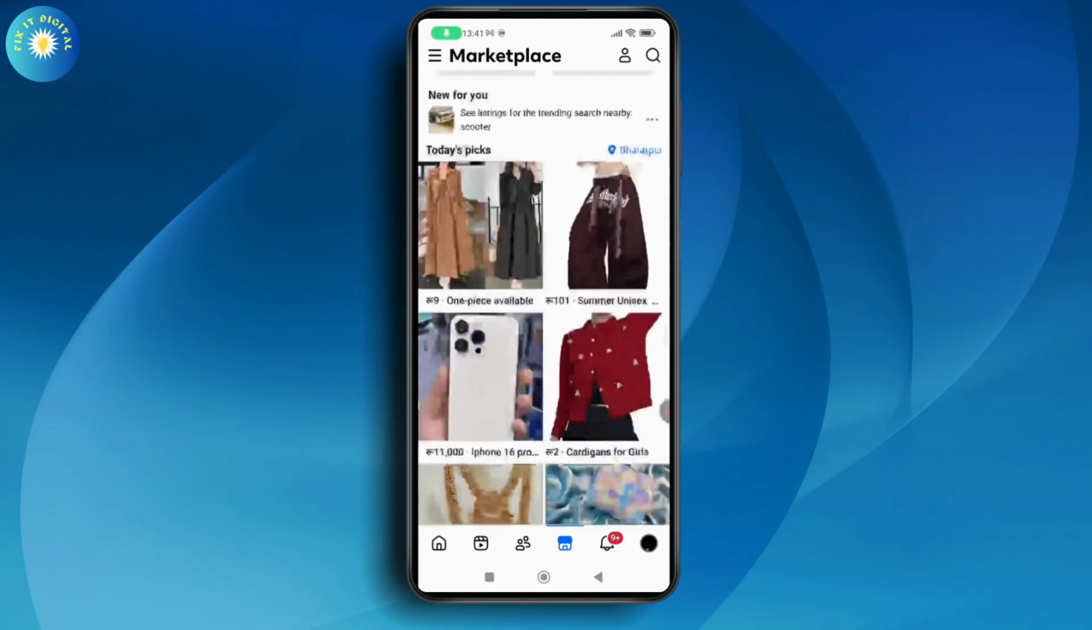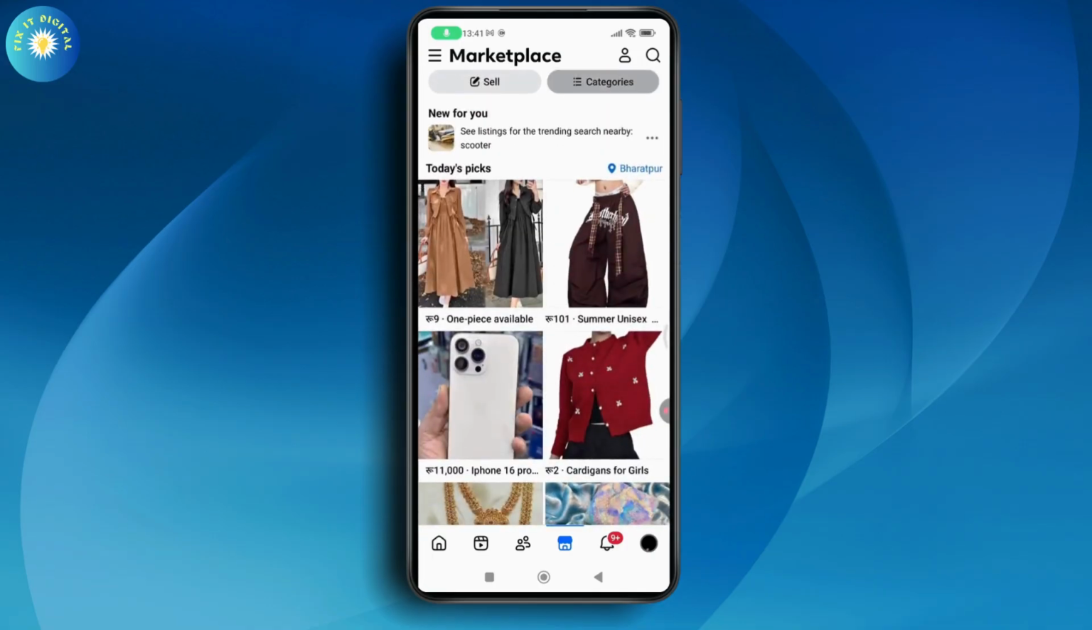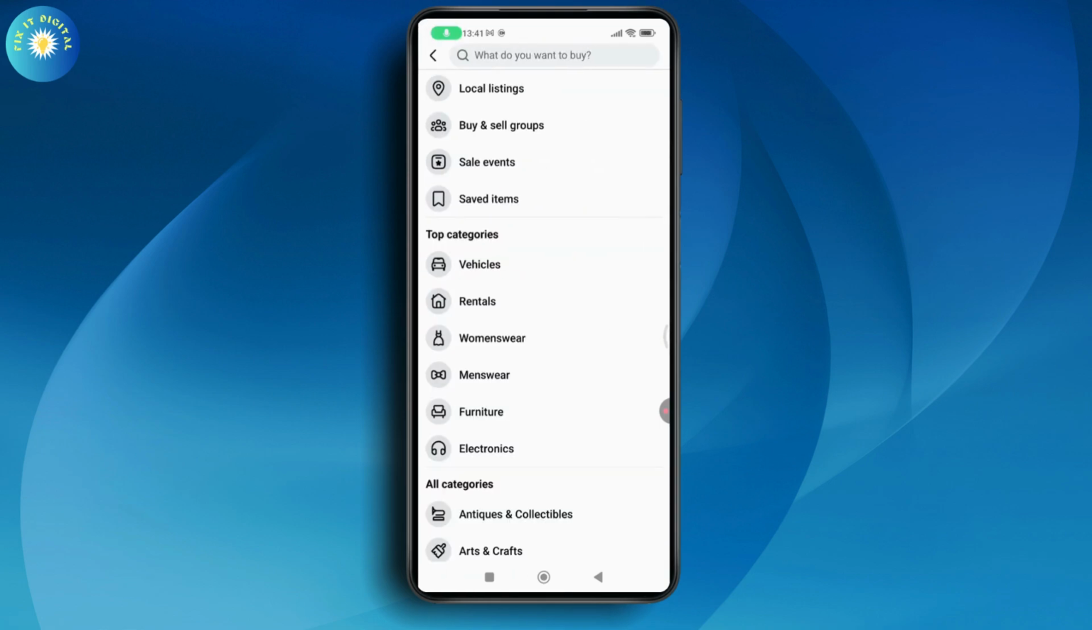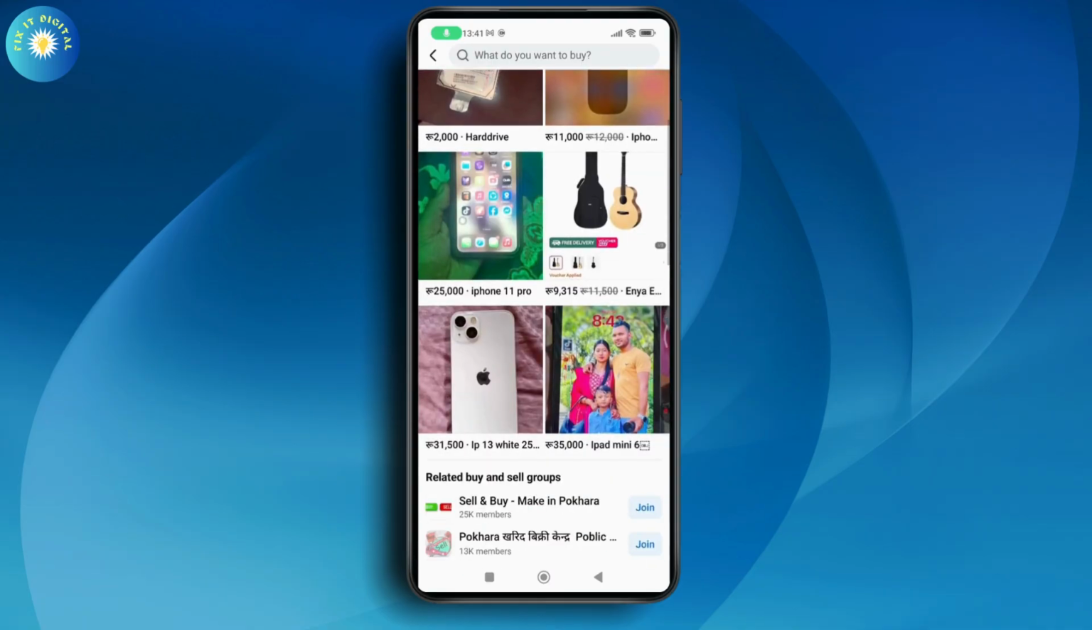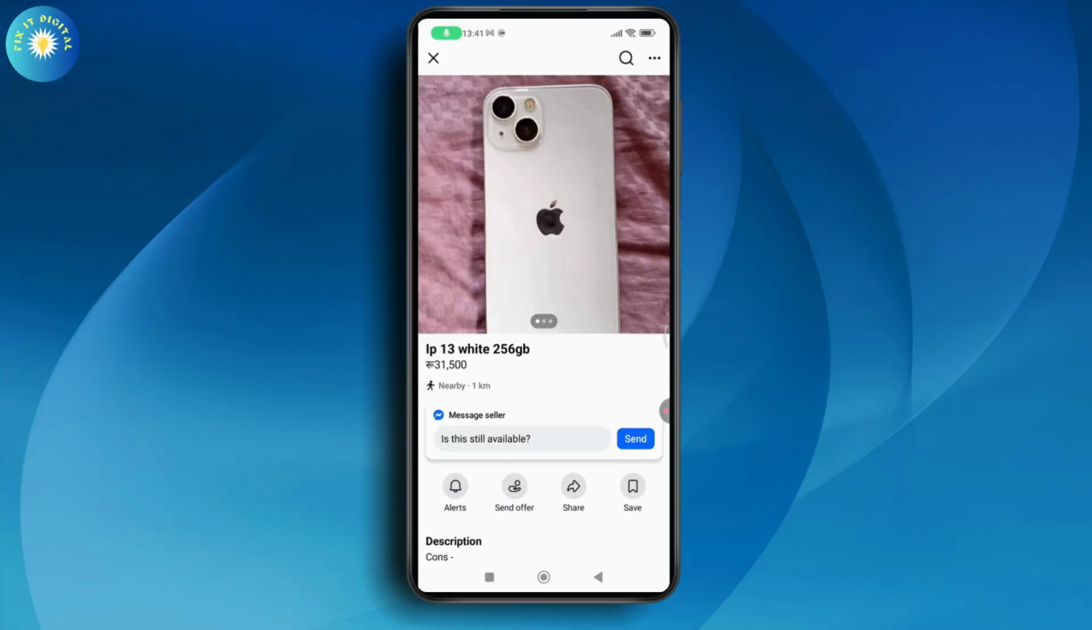Now let's go ahead and select the categories, which will be in the top right. Tap on the categories. Now I would like to go for local listing. You can also search for anything that you would like to buy at the search bar, which will be in the top. Now let's go ahead and select a photo or an item, and then you will see the description